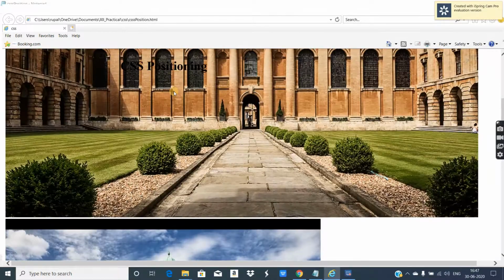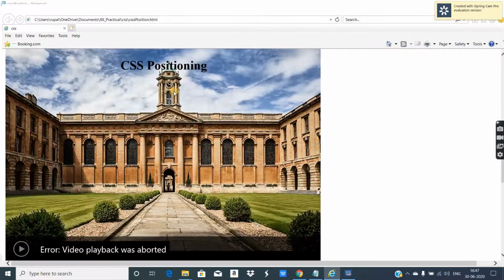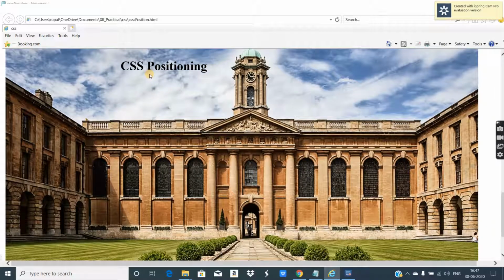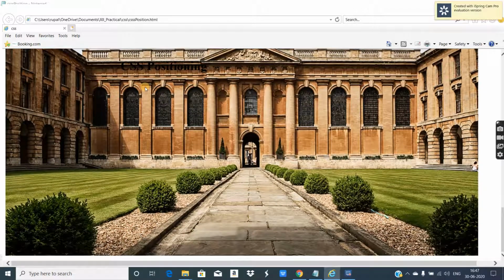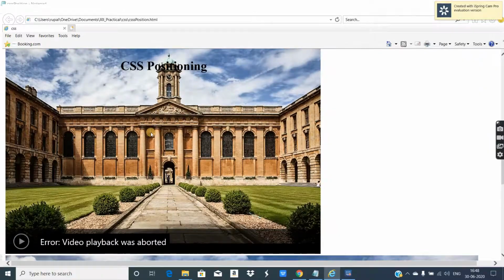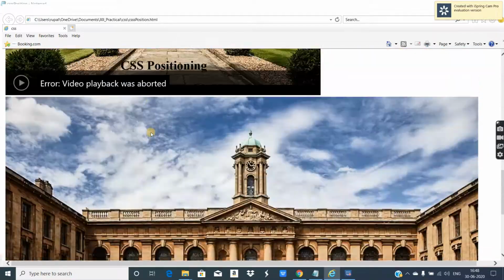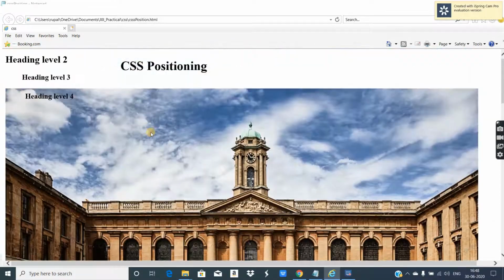After this image, again I have displayed the same image, and the position of the text is constant. I displayed the image again because I wanted to create a lot of content and I didn't have many paragraphs or words to type, so I just repeated the images to save time. But see, the position is fixed. Though the contents are moving up and down, the position of that text is fixed. This is the use of fixed position.